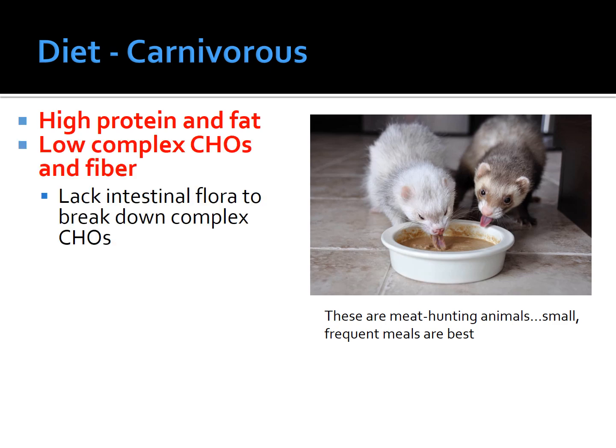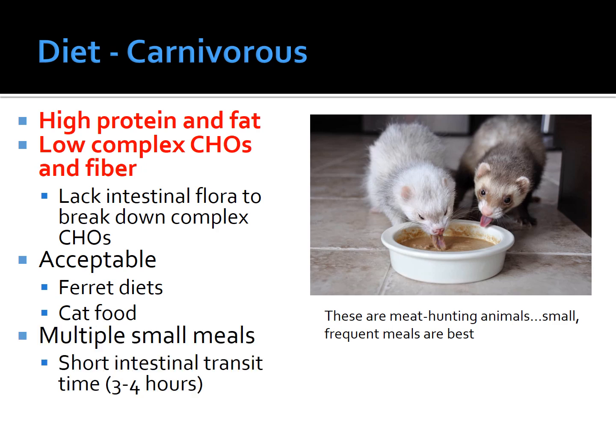These animals do not have the intestinal flora to break down complex carbohydrates. That's why we don't want to give these animals a lot of fiber. Their gut just can't do it. It'll give them diarrhea, it'll give them some bloating, it's going to make them miserable. Acceptable foods for them, ferret diets, and also cat foods. Cat foods are very similar because cats are quite similar in their intestinal structure. And again, multiple small meals because their intestinal tract's pretty fast. It's very efficient, so they don't need to have